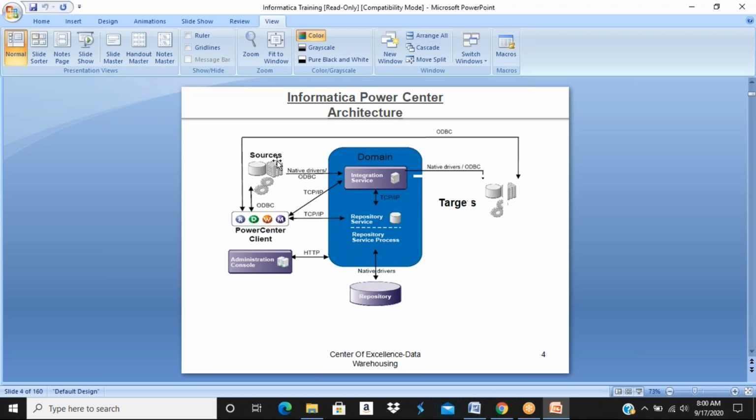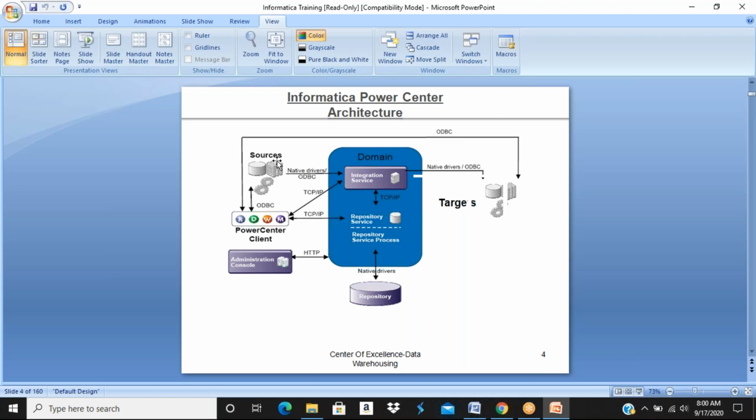Informatica comes with client and server components. Whatever platform you take, it comes with client and server components. As you know, client components are used to develop the code, whereas servers are used to execute the code you develop. The different client components in Informatica PowerCenter are Repository Manager, Mapping Designer, Workflow Manager, and Workflow Monitor.